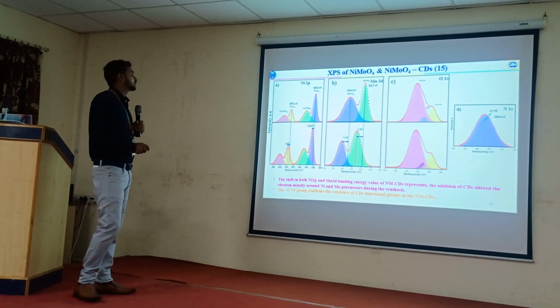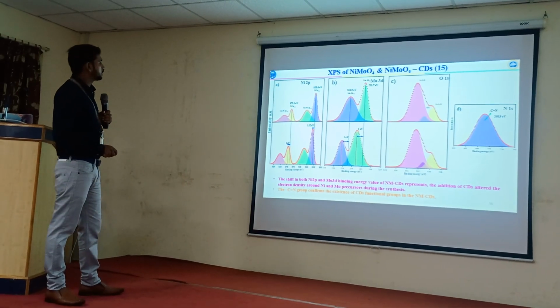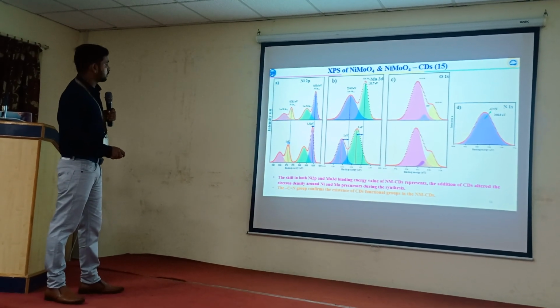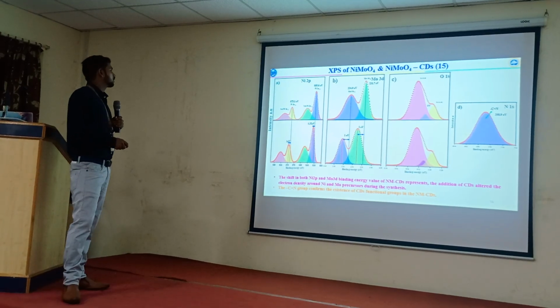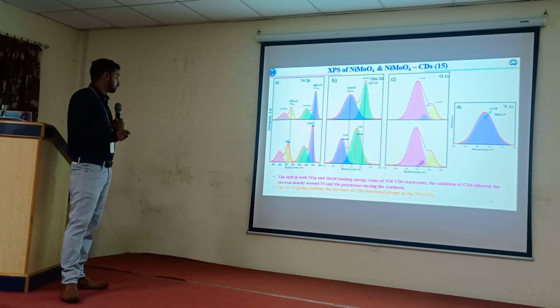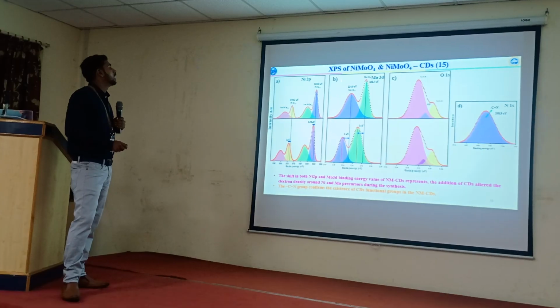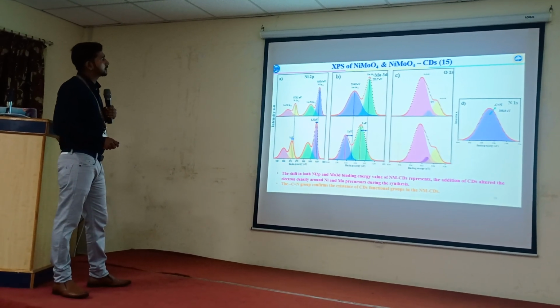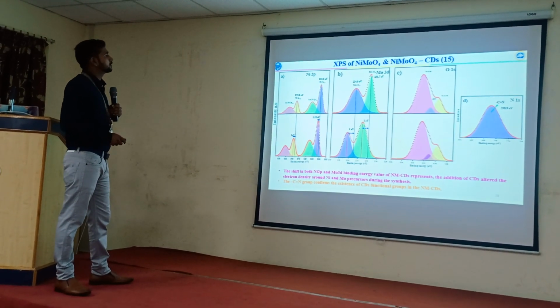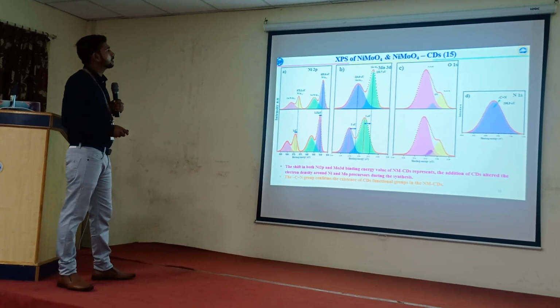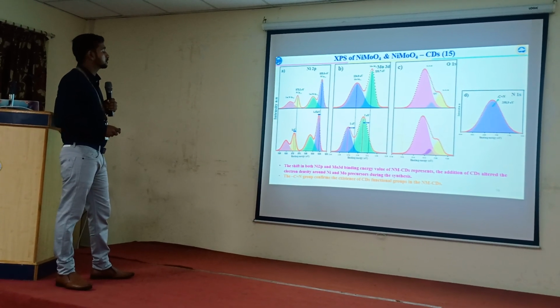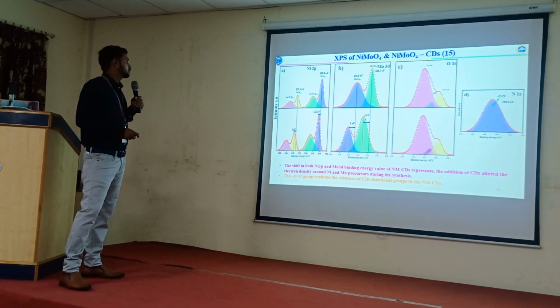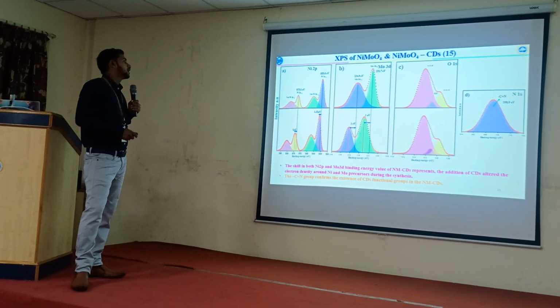Here you can see the nickel 2p 3/2 and nickel 2p 1/2, which further confirms the existence of nickel in the 2+ oxidation state. And figure B represents the high resolution spectra of molybdenum 3d. Here you can see the molybdenum 3d 5/2 and molybdenum 3d 3/2 spectra, which further confirm the existence of